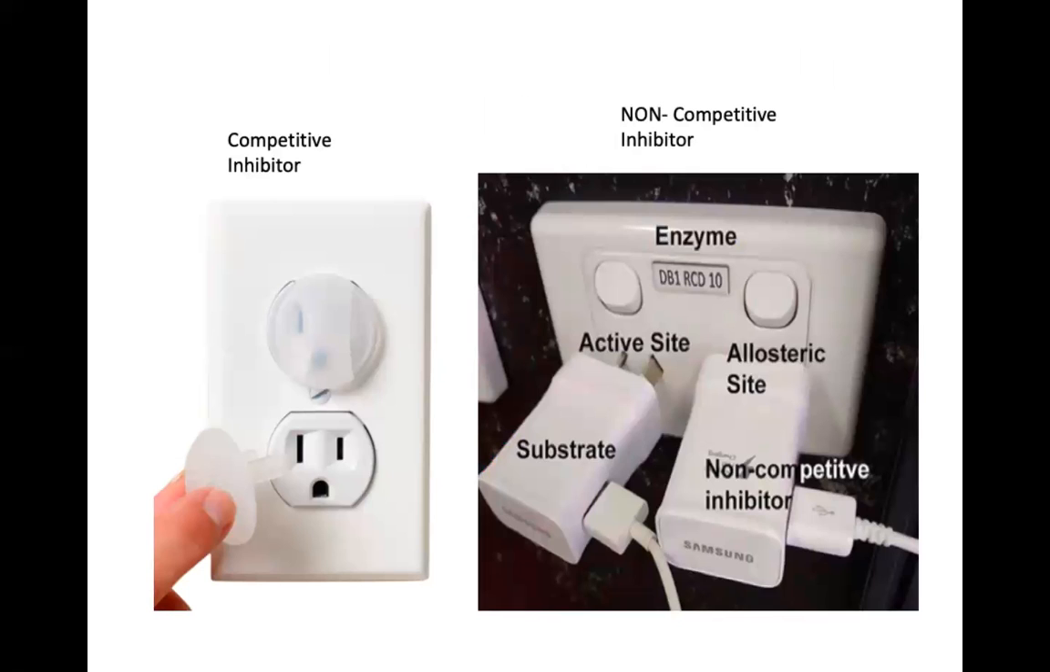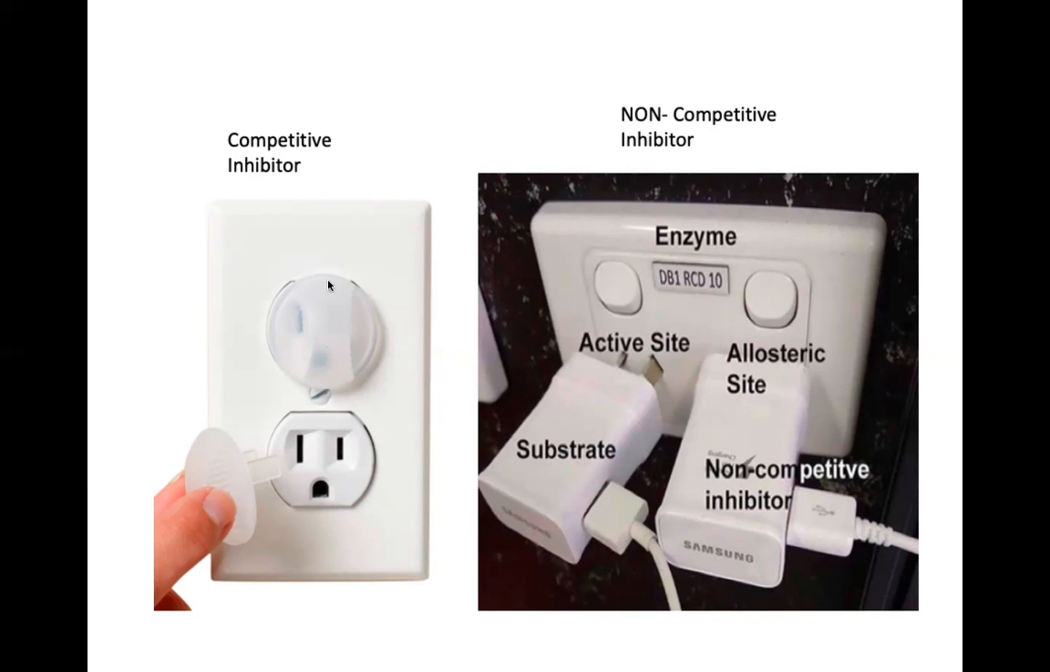Now, here's a great analogy for how competitive and non-competitive inhibitors work. On the left, you will see these plastic caps that people that have small children in the house use. They plug them into electrical outlets so that kids cannot stick their fingers or forks or anything metal into the outlet and get electrocuted, right? Because little kids, toddlers, they crawl everywhere and they want to put everything in their mouths, and they put stuff into electrical outlets. So for safety reasons, parents would put these plastic caps on top of electrical outlets so their small children cannot